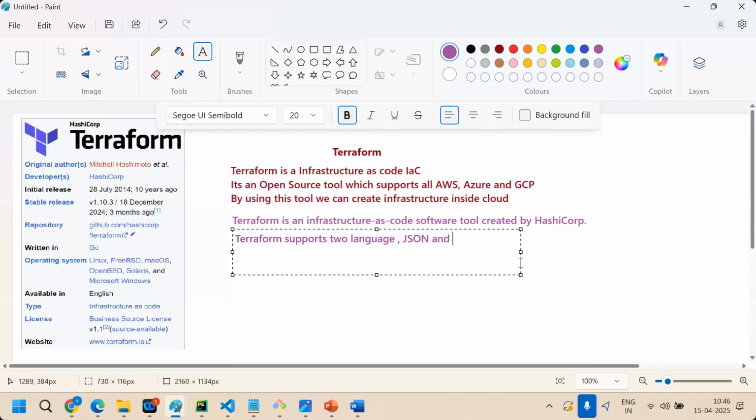HCL means HashiCorp Configuration Language. It supports all operating systems, Linux and Windows and all.